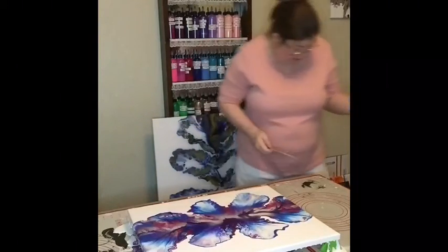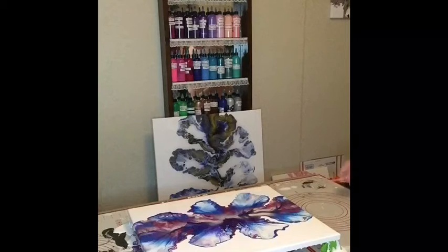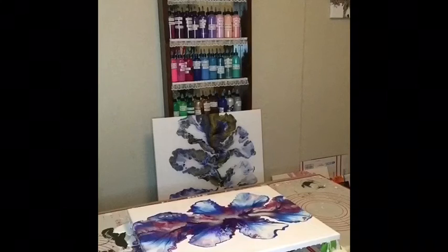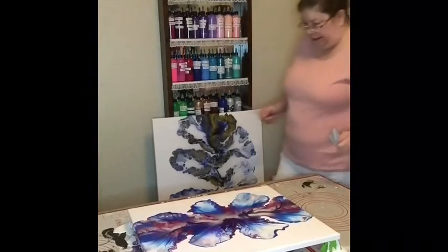Alright. Again, we're just going to take the stick, go along the edge, and catch the drips. Use the paper towel to wipe your stick so that you're not getting it all over. Take and go this way. Catch those drips, as we call them. You're just catching the drips. Alright, so now that we've done that,